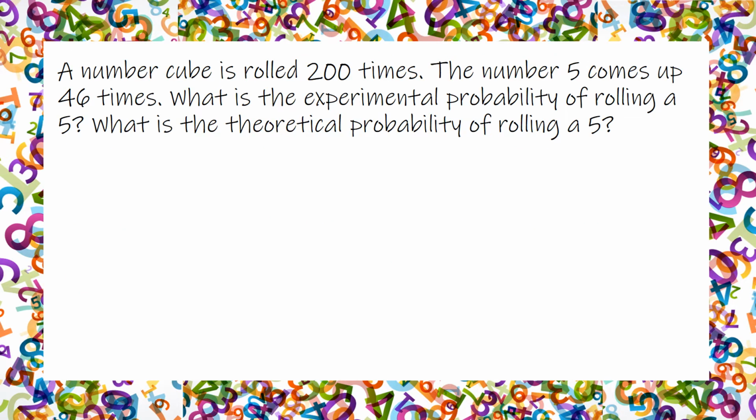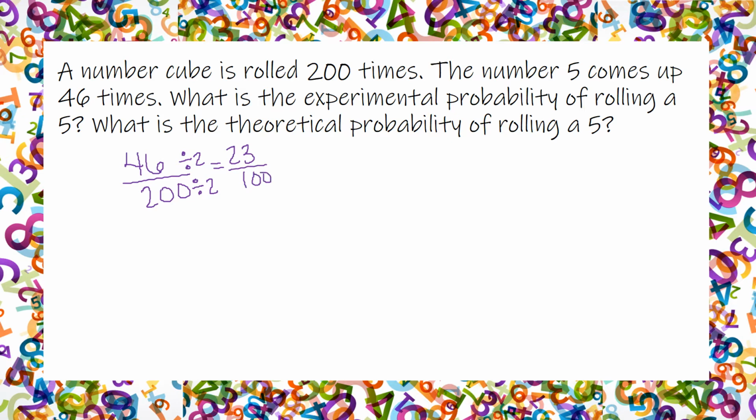A number cube is rolled 200 times. The number 5 comes up 46 times. What is the experimental probability of rolling a 5? So experimental probability is based on the experiment. So during the experiment, you got 46 number 5s out of 200 times that you rolled it. So we're going to simplify that. 46 and 200 are both divisible by 2. So I'm going to divide both the top and the bottom by 2. And I do get 23